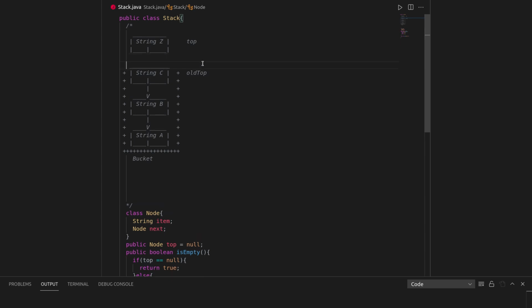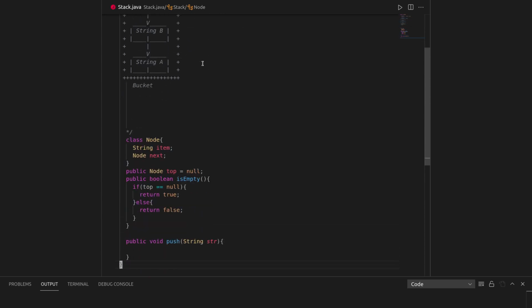Now after we have assigned these variables, we now have to create a link between the new top and the old top. So to create this link, we can simply do top.next is equal to oldTop. This will create a link between the element having string z and the element having string c.